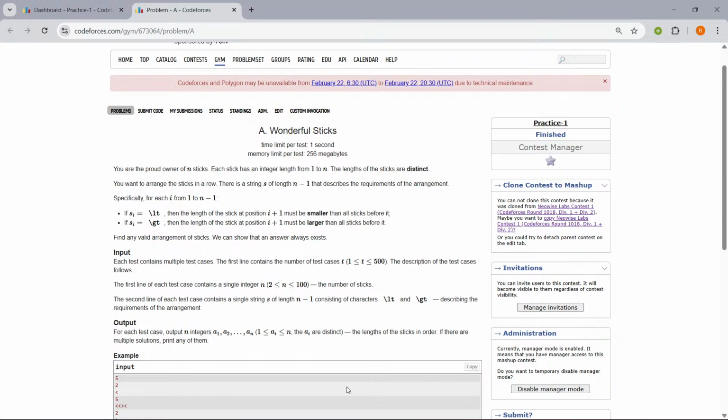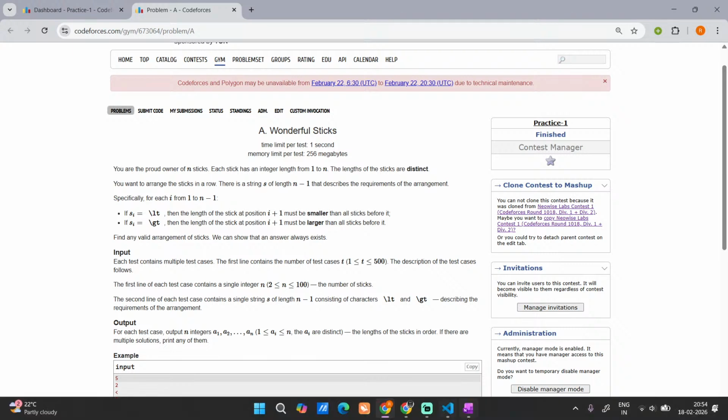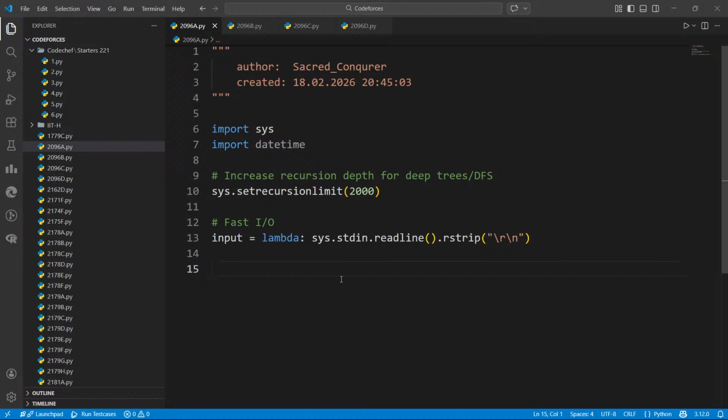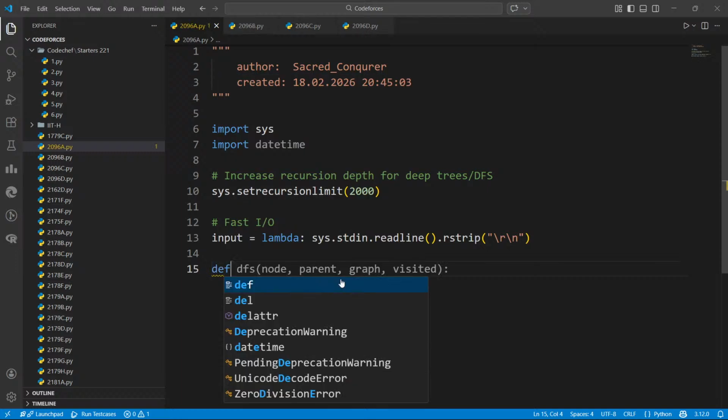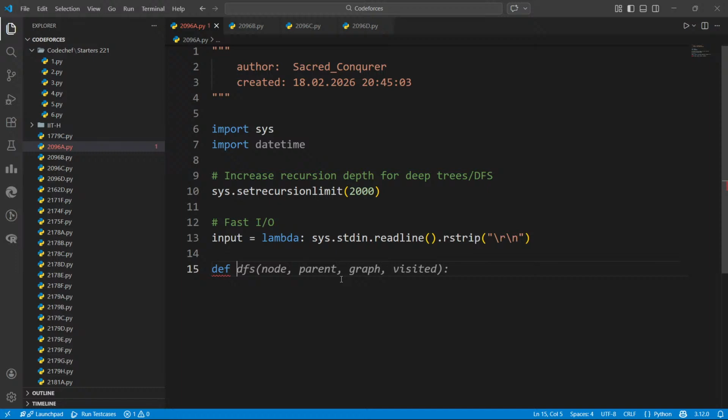The constraints are actually very small, n is up to 100. O of n is easily trivial here. So we'll just go and solve the question. I have just written the headers, I imported my headers. First we'll take input.